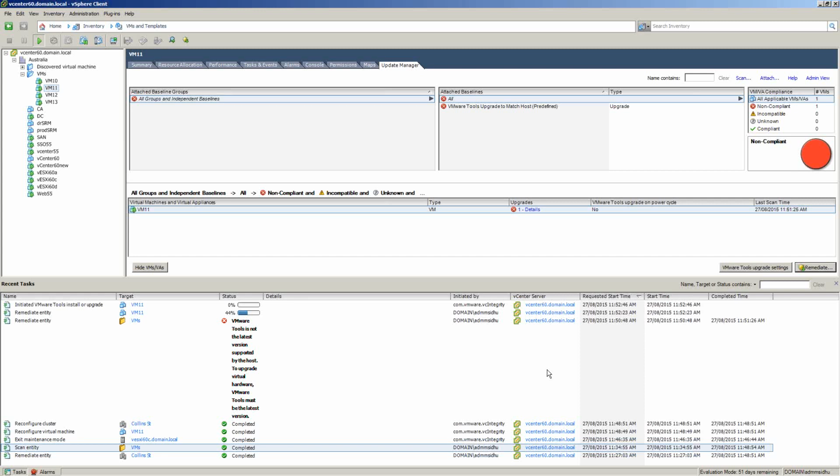Correct me if I'm wrong, to go from 10 to 11, you shouldn't have to restart, right? No, you don't. But obviously, to take advantage of the new features, you will need to restart. And VMware recommend that you do a reboot of your VMs as soon as you can. You don't have to do it right away, but it's probably best to do it as soon as you can to take advantage of the new features. Got it. Yeah.